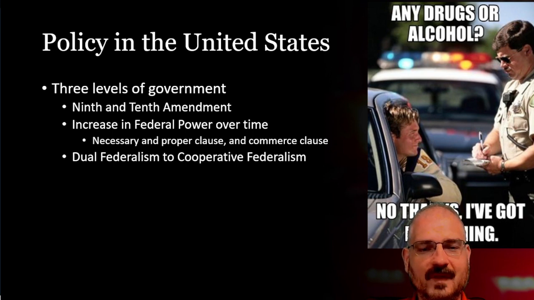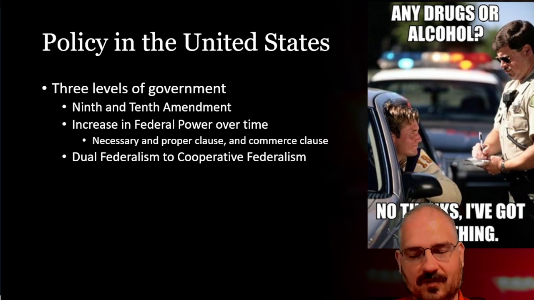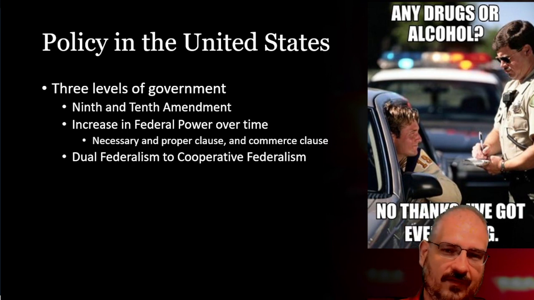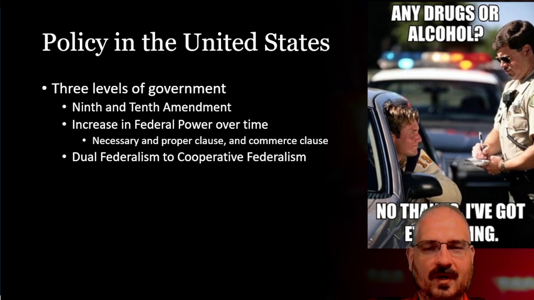States. Now, again, kind of similar to the rise in federal power, there's also been a change in how this whole federal system of government has been seen and how it works when it comes to the other two levels of government. So, for the 18th and 19th centuries, it was more of what's called a dual federalism relationship, meaning the federal government did what the federal government is supposed to do, the state governments and the local governments did what they were supposed to do, and they kind of had two very separate spheres of influence and two different jobs. So there wasn't a lot of interaction between the two.